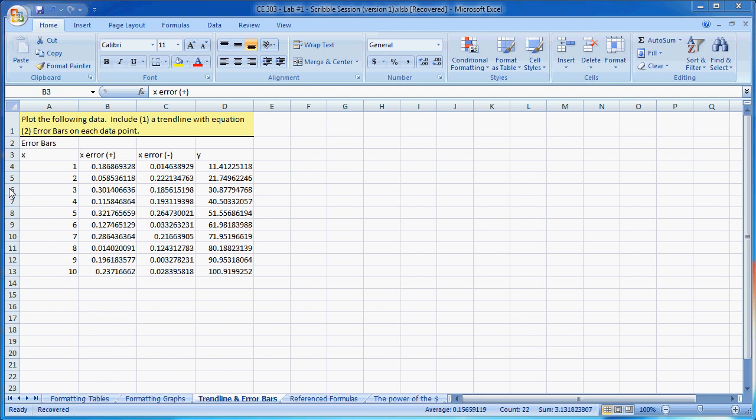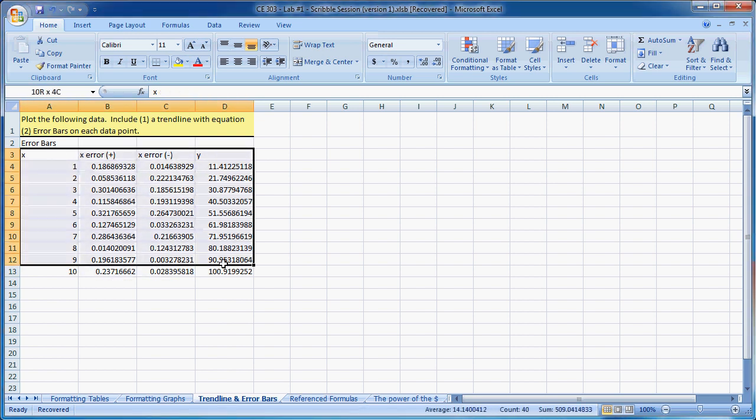Alright, in this tutorial we'll look briefly at trendline and error bars. As you can see, the data that we have here has an X and a Y value, as well as error, a positive error and a negative error just for the X bar. So we just want to start off by making a graph,